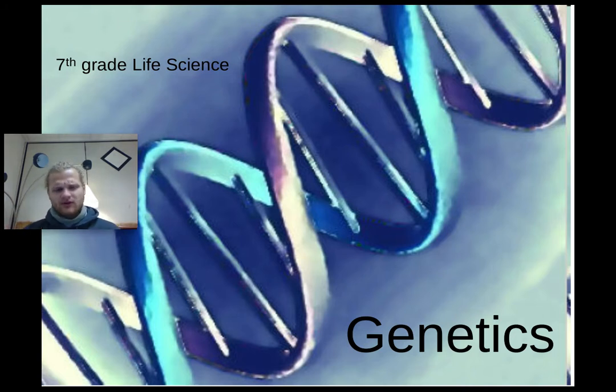Whereas in sexual reproduction, you have two parents that come together, the sperm and the egg. Dad's going to provide sperm, mom's going to provide egg, and you're going to have offspring that have genes from both dad and mom. So they're going to be different than the parents, allowing those populations to deal with many other types of issues and problems because they're genetically diverse. They're different. All right, so let's talk about genes, genetics.